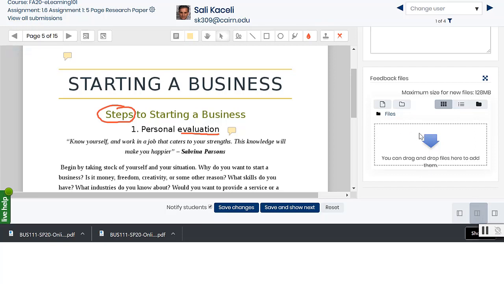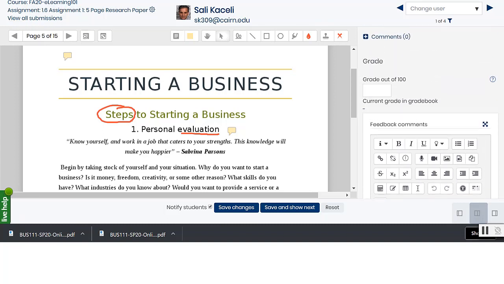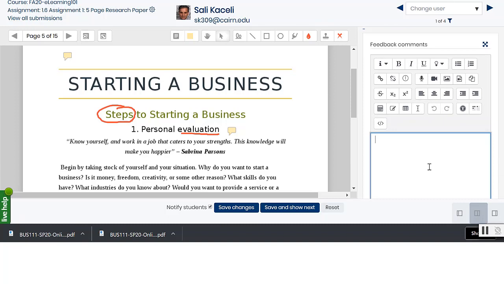Now once you have graded the paper, you'd scroll down here on the right hand side and you'd say, okay, this will be 89 points, and you can put additional comments in here. Say C